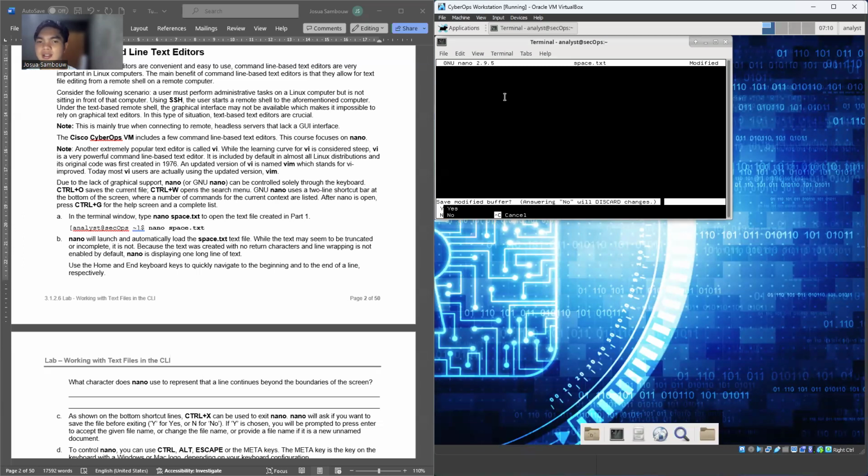It continues beyond the boundaries of the screen. I don't know. Control, no. It's Shift. In Windows, I use Shift like this. Oh, what is this? File name to write. That's cool. File name to write. Control C. Oh wow.